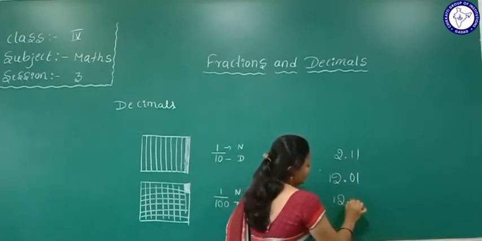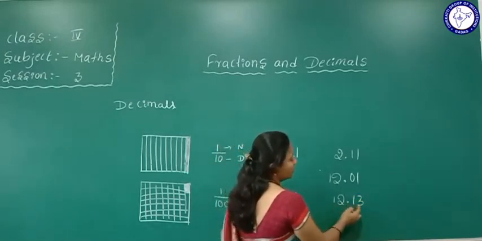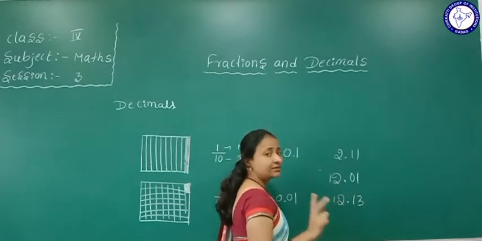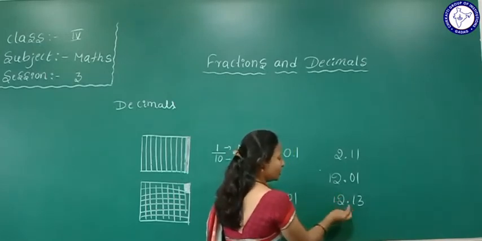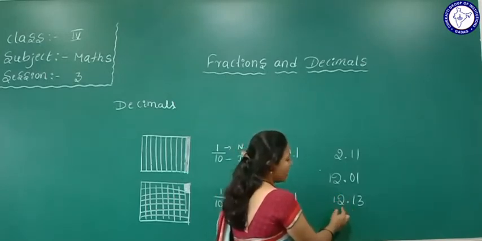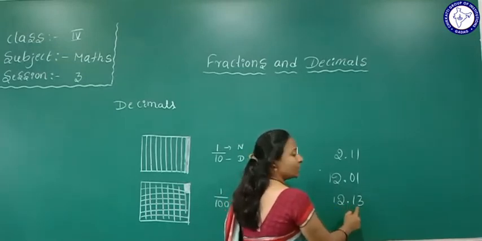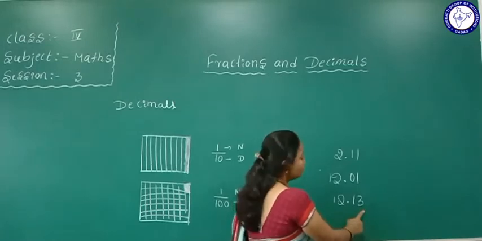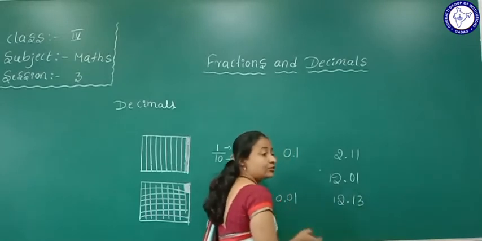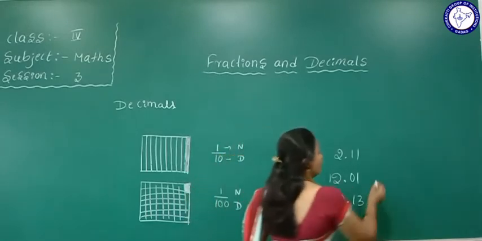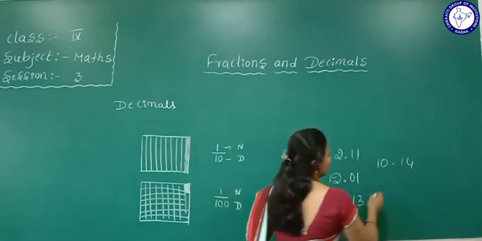See. Yes, this one. If we are given 12.13, don't read 13, that is the wrong method. We read the left side numbers as 12 only. After the point, the right side numbers are read separately: 12.13. This is the reading method. Okay. If 4 and 5 are there, 12.45. Not reading it as 12 point forty-five. So 10.14. Yes, don't read 14.